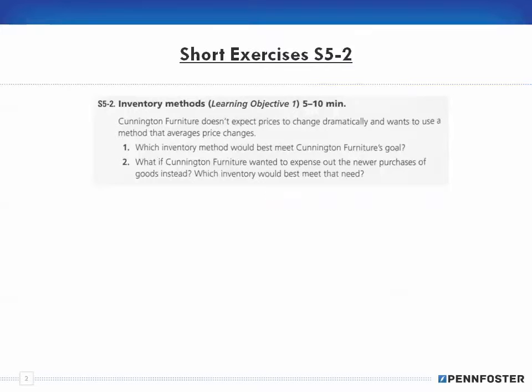short exercises. All right, so get my pen. All right, here we go. It says here, Cunnington Furniture doesn't expect prices to change dramatically and wants to use a method that averages price changes. So one, which inventory method would best meet Cunnington Furniture's goal? Well, if they want to average the prices, then of course the average cost method would be